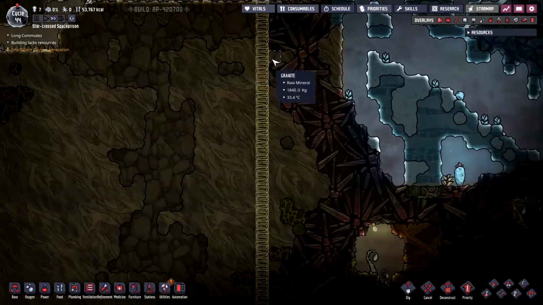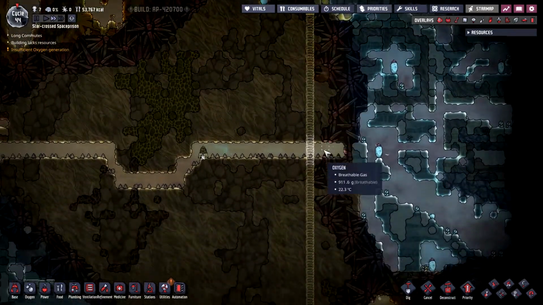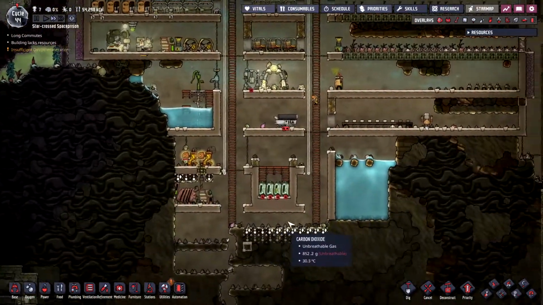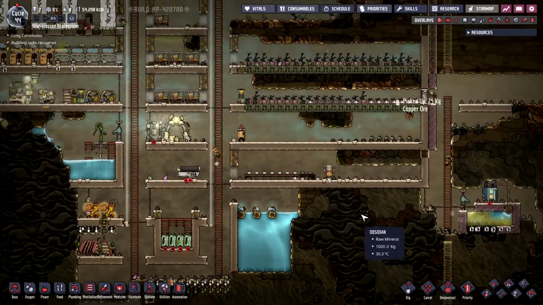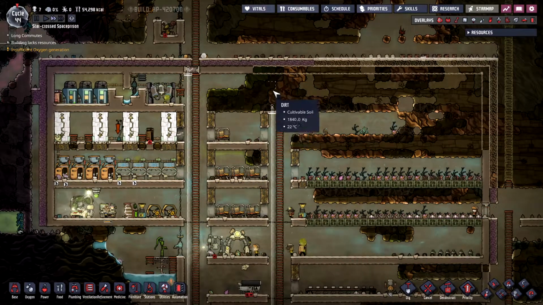Okay, so we've found the side of the map. We've gone all the way to the side. We're doing some exploratory work over here. I'm trying to figure out what's going on. So let's finish these build jobs that we have. I'm honestly surprised that they have it